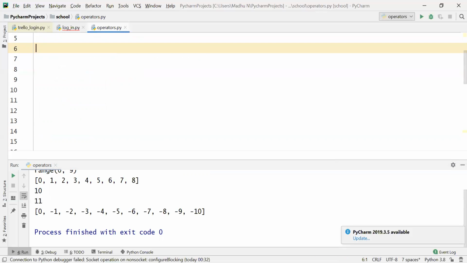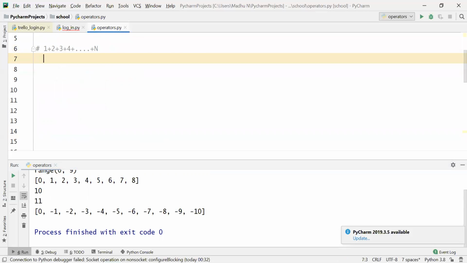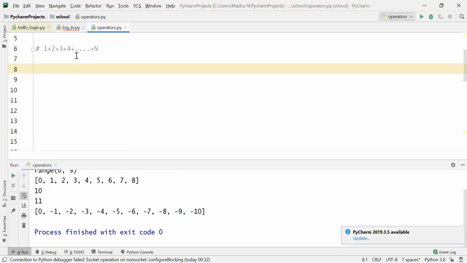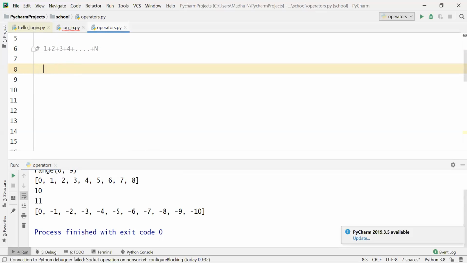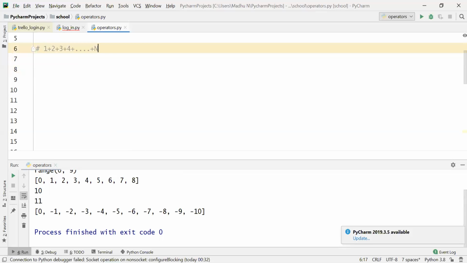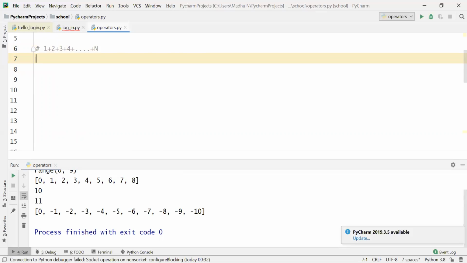Now using for loop and using range, we shall write some program like sum of natural numbers: 1 plus 2 plus 3 plus 4 till n. So what is the range here? So directly we can decide, you can write the range here. What is the range? Range started with 1 till,